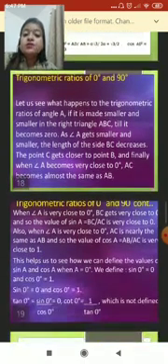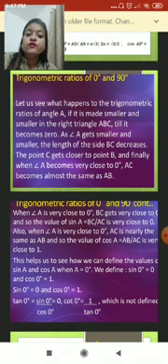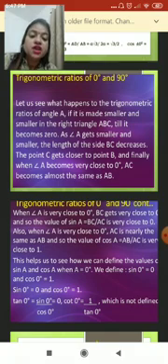Now let us move to the very interesting part of how to derive the values for 0 degree and 90 degree. You have to understand the concept first. Let us see what happens to the trigonometric ratios of angle A if it is made smaller and smaller in the right triangle ABC till it becomes 0. As angle A gets smaller and smaller, the length of the side BC decreases, the point C becomes very close to point A, and finally when angle A becomes very close to 0 degree, AC becomes almost the same as AB.